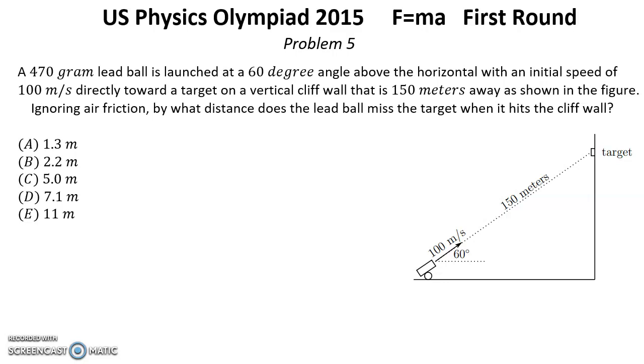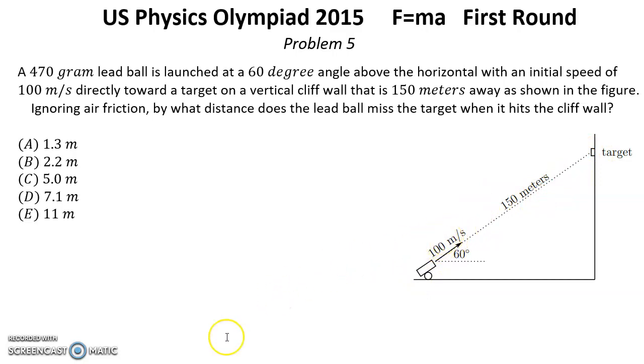Ignoring air friction, by what distance does the lead ball miss the target when it hits the cliff wall? Solution. This problem is better to solve in the frame of reference which starts to fall down with the acceleration g at the moment of the shot. In this frame, the target will not move and the ball will move directly to the target with a speed